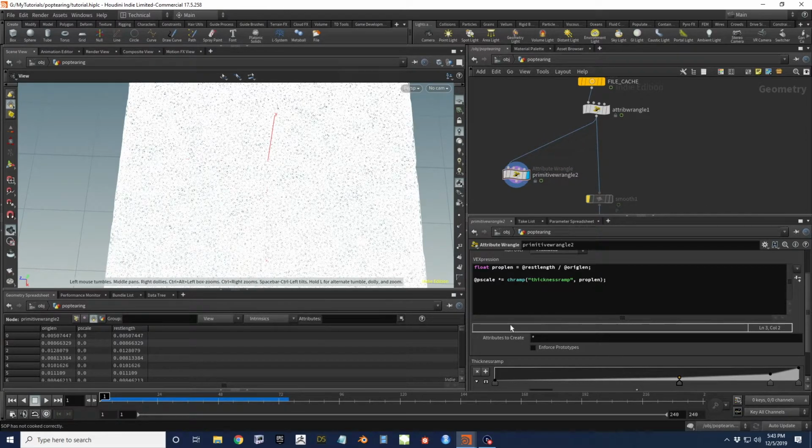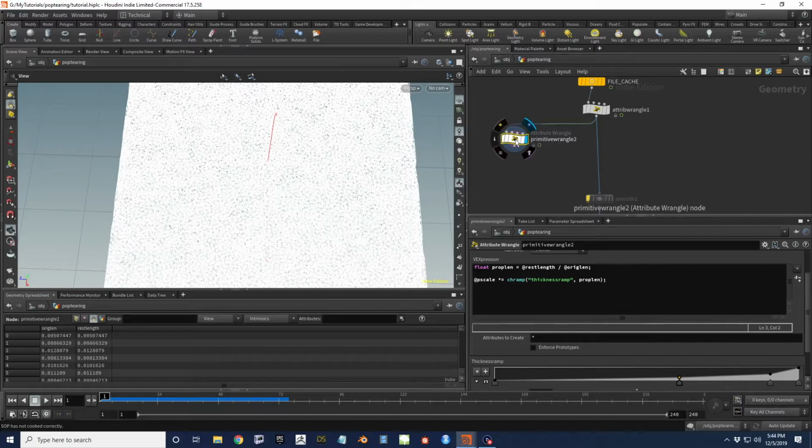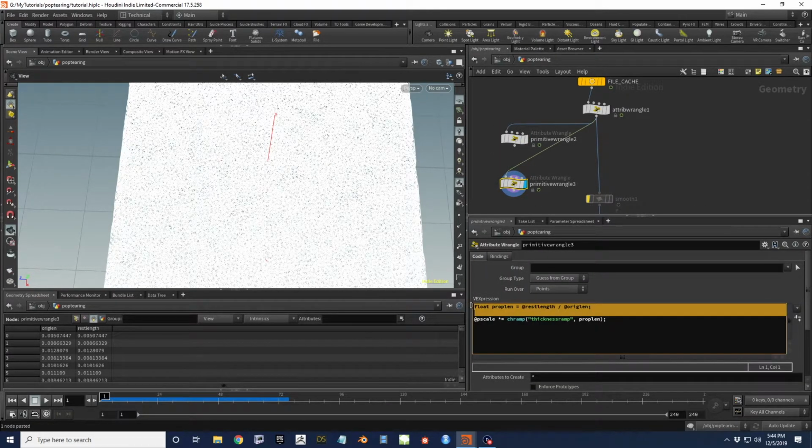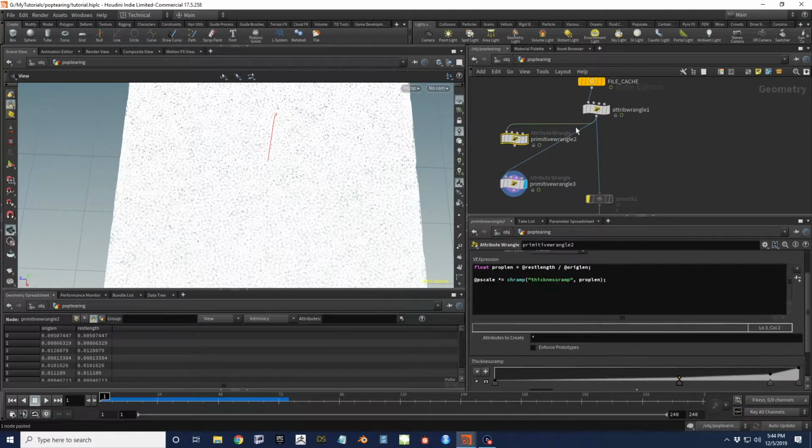Oh, now I've done something sort of foolish here. P-scale doesn't go on the primitives, it goes on the points. So we actually want this as a point wrangle, and that means we're going to have to promote this prop length. So let me just move this down here as a point wrangle. We're going to assume that this is an attribute, it doesn't exist yet. So we'll set up this attribute here